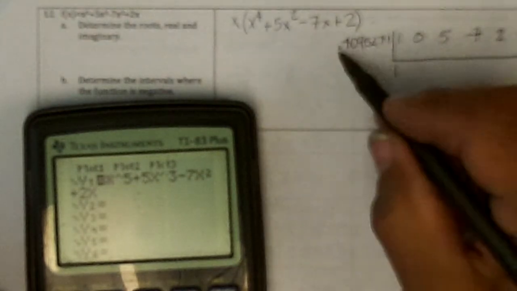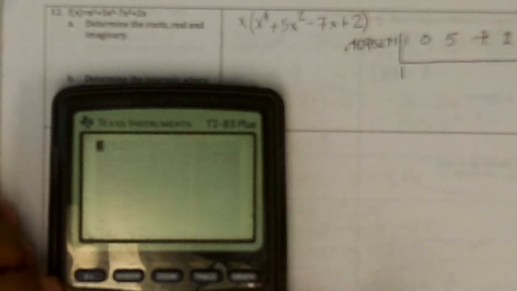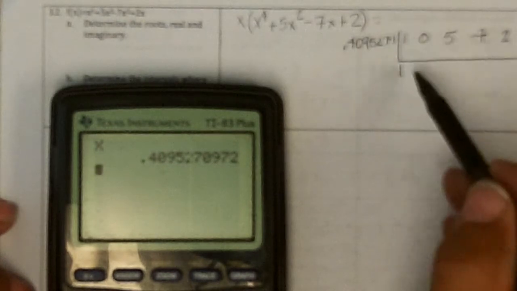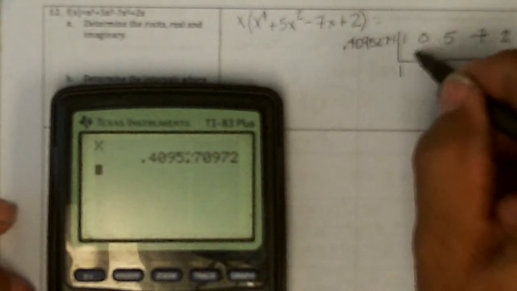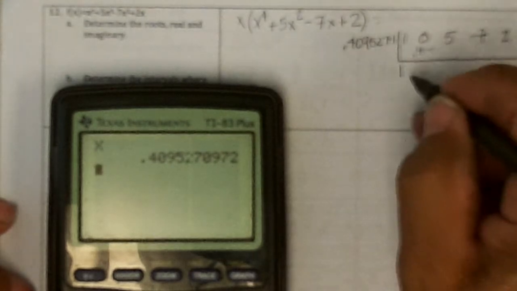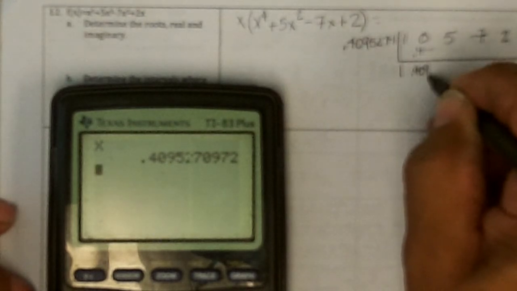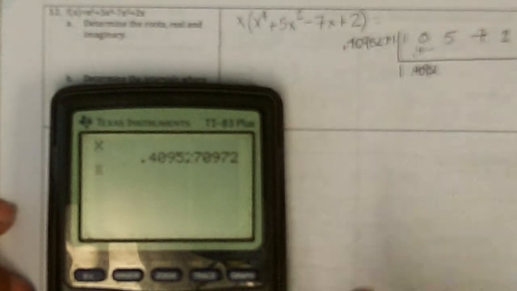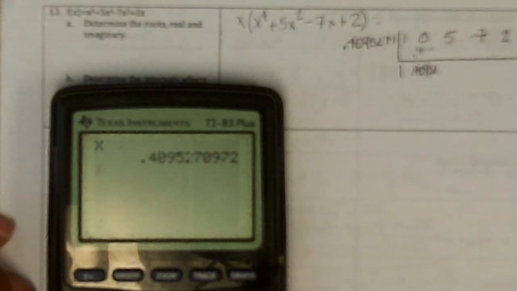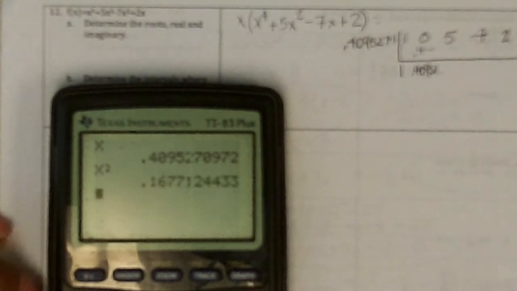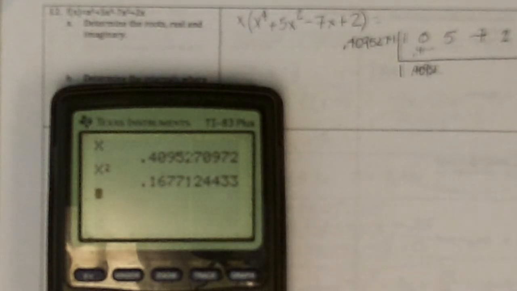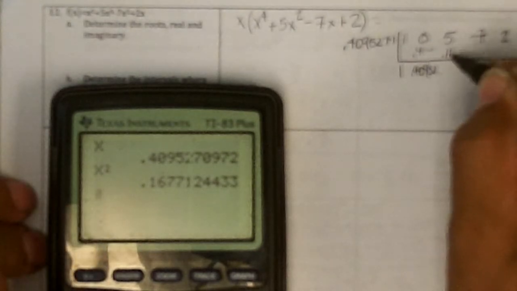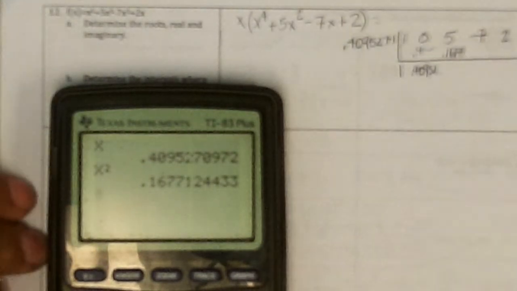So if I put 1, take it times that answer, I think that's still an x. Yes, that's still an x, that whole big number. So 1 times that is going to be that number, 0.4, and so on. Add it to 0, I'm going to get that number, 0.40952. If I take that times itself, so x squared, that will get me 0.1677. If I add that to 5, I'm going to have